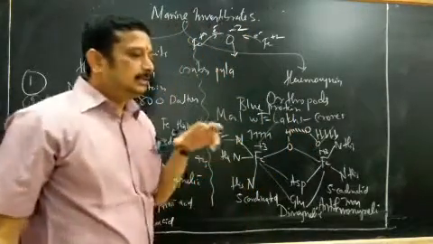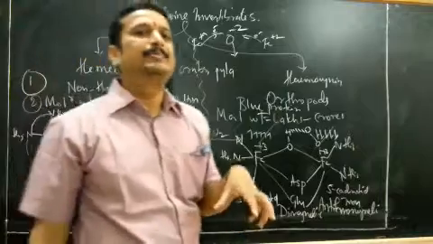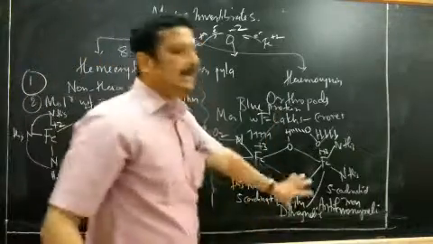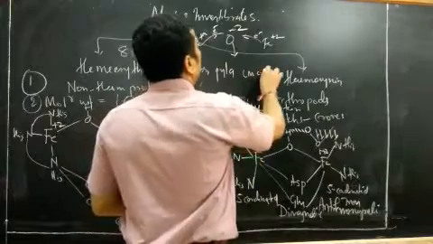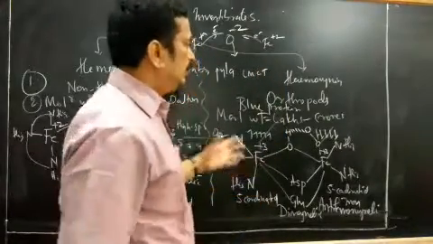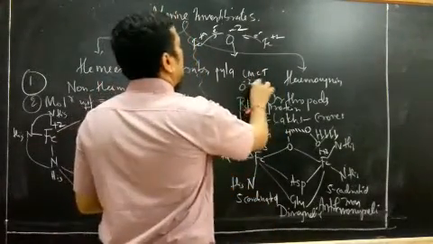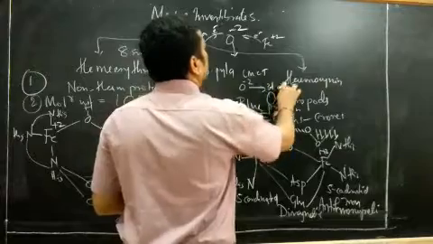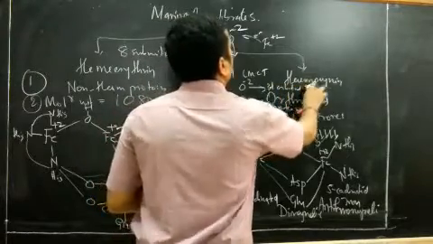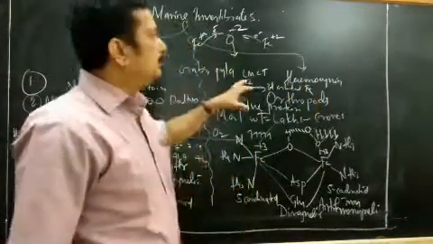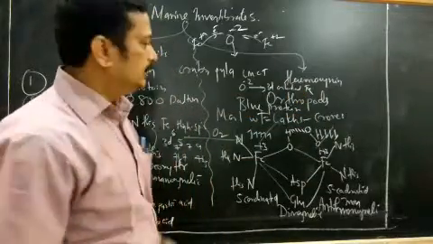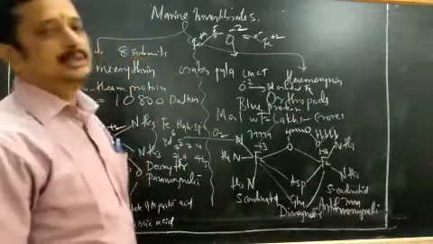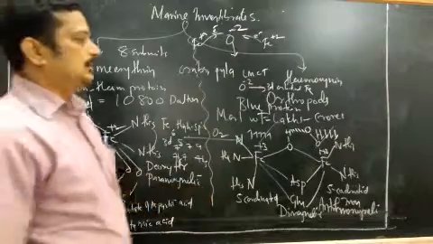Now this color is because of the LMCT, ligand to metal charge transfer. Though it is diamagnetic, why is it colored? Because of the LMCT. So what will happen here? With iron, you can see here, these are the 3d orbitals of the iron. The electrons will go from the ligand, the O2 peroxide, to the empty 3d orbitals of the iron. So this will give some color to the oxyhemerythrin.